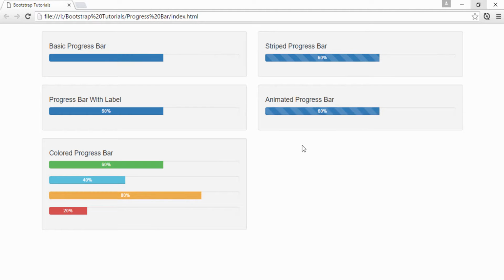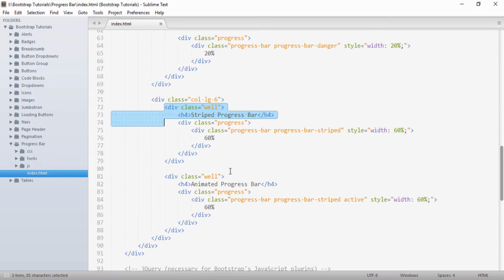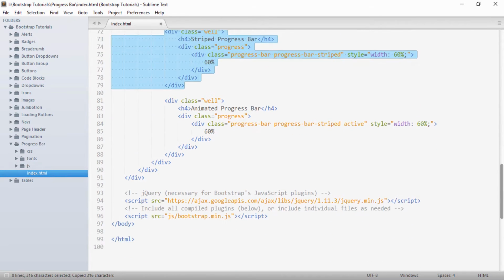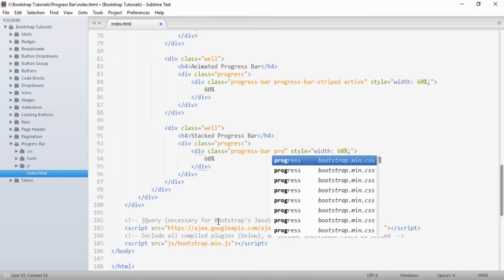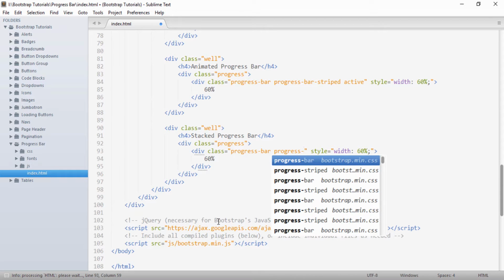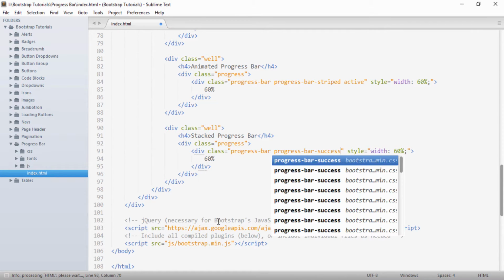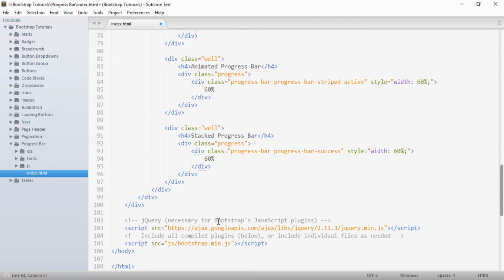Friends, we can also create a stacked progress bar. Let's see how we can create the stacked progress bar. For that, I will just copy this and paste it below. I will remove the striped class. I will give a heading to it as stacked progress bar. To the first progress bar, I will provide a class as progress-bar-success. Let's say I give it a width of 40 and say text I give as